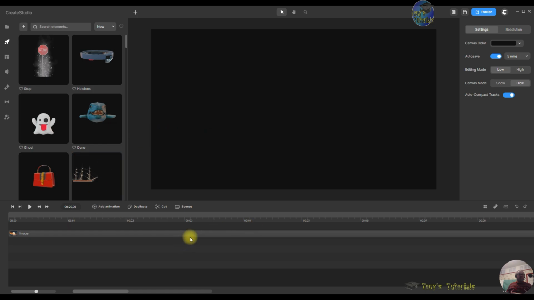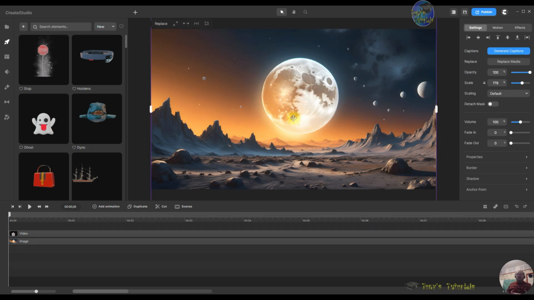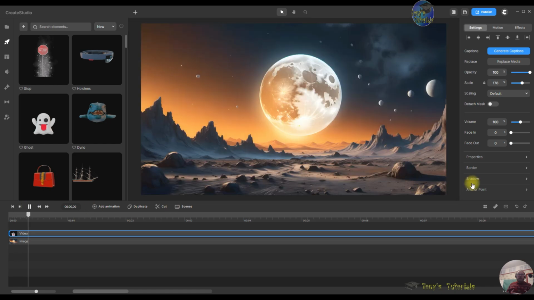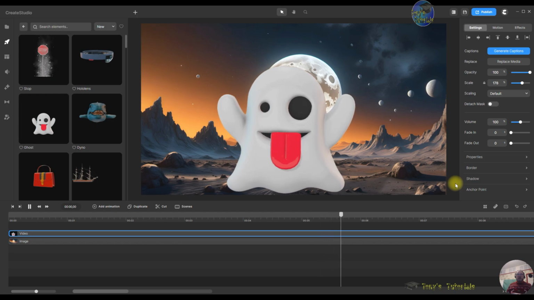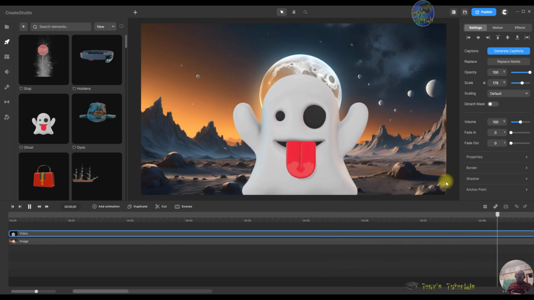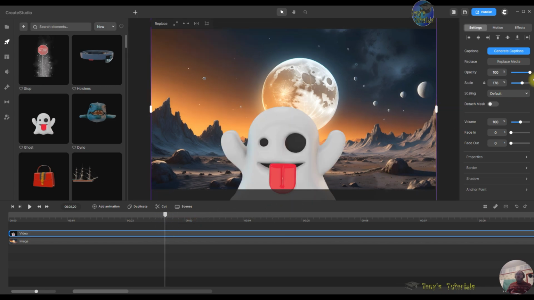The last one I'm going to use with this background is this ghost, and let me just put it on. Hang on, let's get back to the beginning first, then left click and drag it on, and we're just going to play it. As you can see, it looks very white and it has a background shadow, which is pretty cool. You can also add opacity. You can take off opacity from it, say about 75, to make it look semi-see-through,